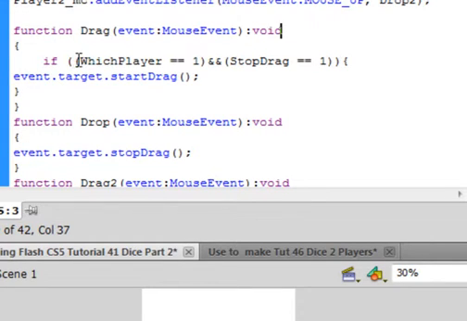Open bracket, open bracket. Which player, capital W, capital P, equals 1, close bracket. So there's one condition we need to have. I want it to be talking about player 1. And, two and signs. That means I have to have this to be true and this to be true to get inside of this function. So it's equals 1, close bracket, and open bracket. That's stop drag that we just made a 1 on frame 2, capital S, capital D, equals 1, close bracket,